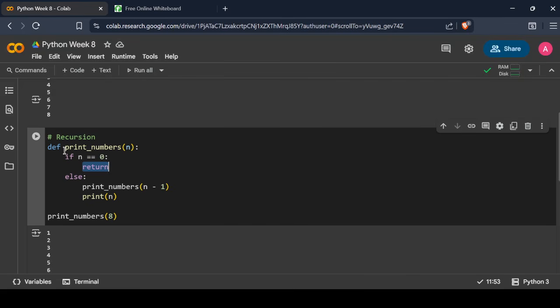So we call this condition here a base case. Base case means nothing but a case, like a condition, where the recursion has to stop. For any loop, we have to define a place where it has to stop. So here in recursion, we call this a base case, where if this condition is true, then the recursion stops there,